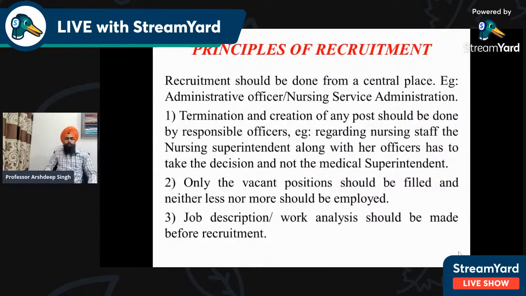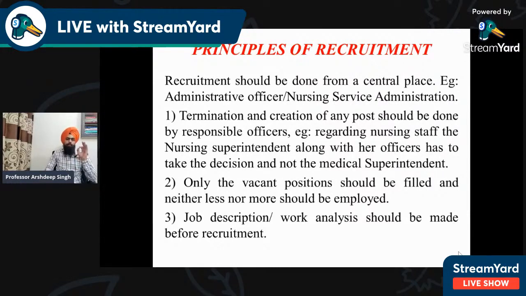So there are certain specific principles on which the recruitment is based and that we have to follow when we are implementing or conducting the process of recruitment. For example, the first point is that the termination and creation of any post should be done by responsible officers. For example, regarding nursing staff, the nursing superintendent along with her officers has to take the decision and not the